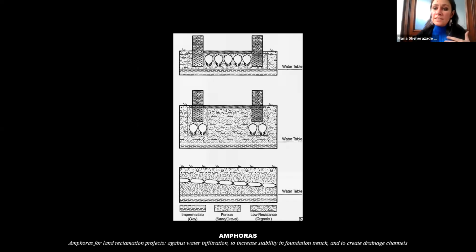And amphoras, actually, some of them could be washed and reused, for instance, if they carried wine. But those that contained oil or oily preserved foods were just single use. So they had to be thrown out after being used just once. And so they were very usually reused in construction, especially to stabilize foundations. And you probably all know that in Rome, the Testaccio Hill was a dumping ground of such testaccium or terracotta,